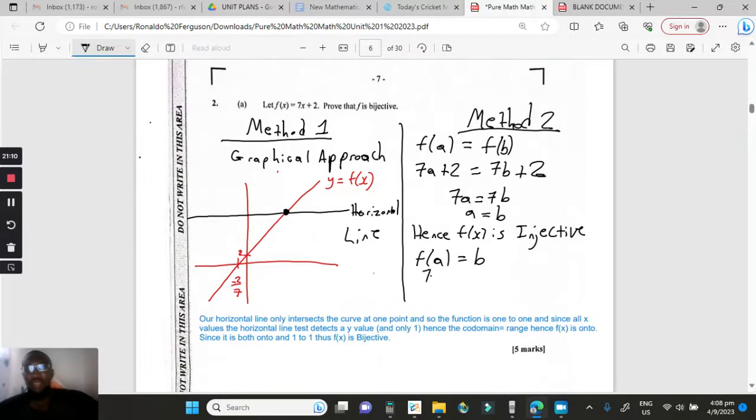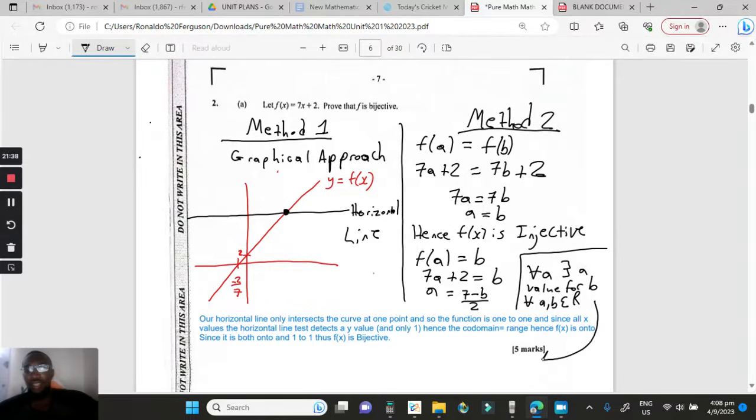Then of course now for surjectivity we solve f of a equals b. And we notice if we have 7a plus 2 equals b and we make a the subject, we get a is (b minus 2) over 7. And we notice then for all b there exists a value for a, for all a and b being real numbers. And then we conclude hence f of x is onto,